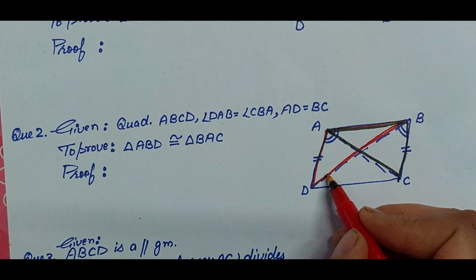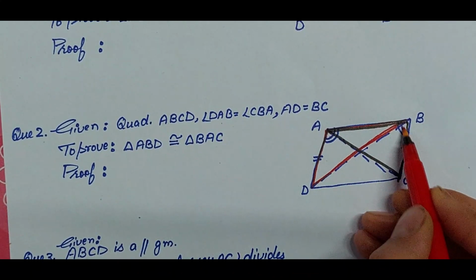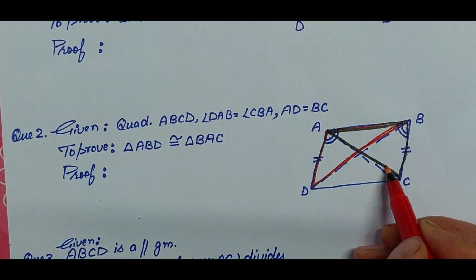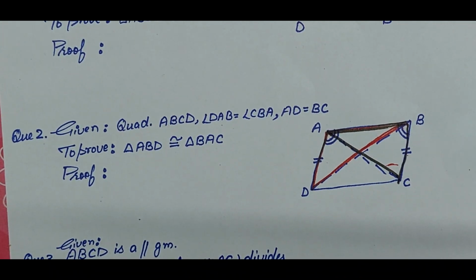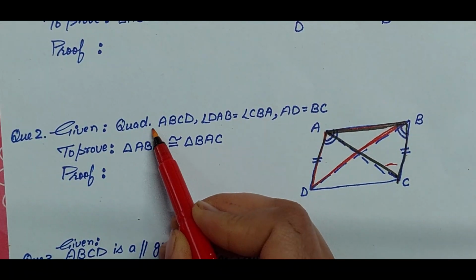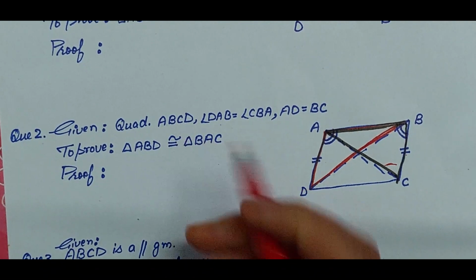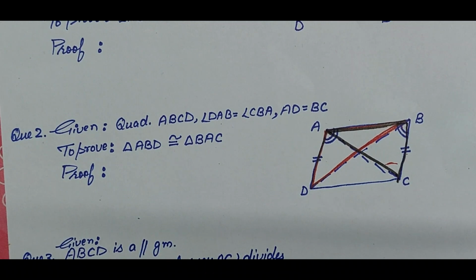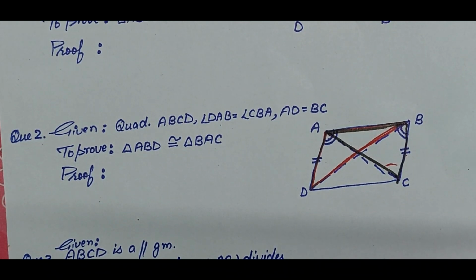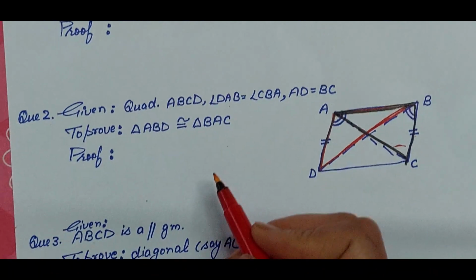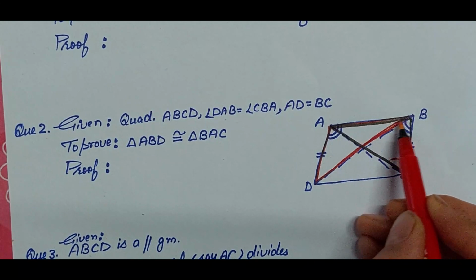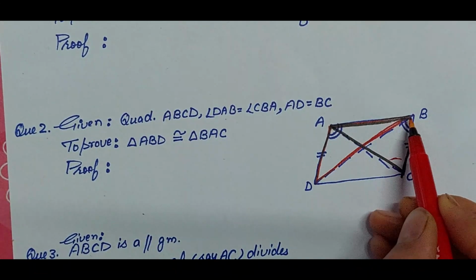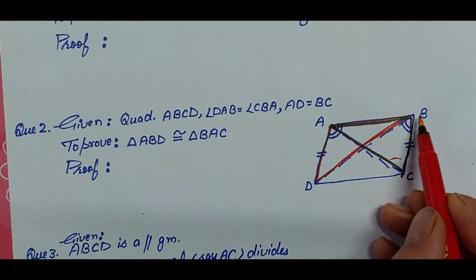Can this angle be equal to, because this angle is going to be equal to this, so can it be equal to this? See, the figure is a simple quadrilateral, so we cannot generate equality, because a general quadrilateral does not have any specific property other than all angles sum up to 360. But what can we do here? So here again we have a common arm. That means this arm of red is equal to the arm of black.